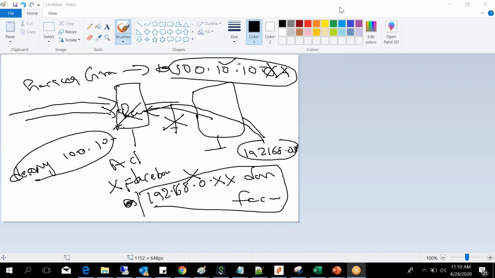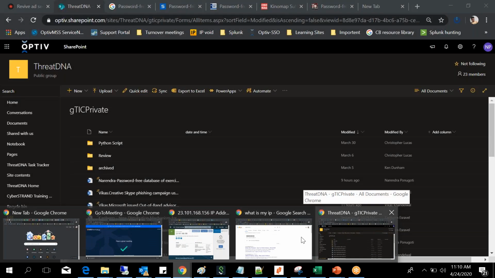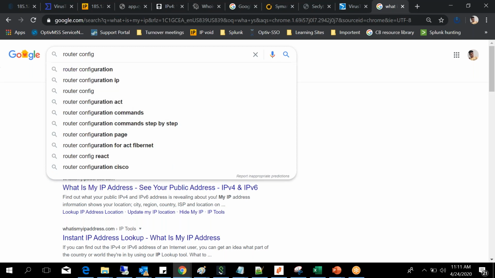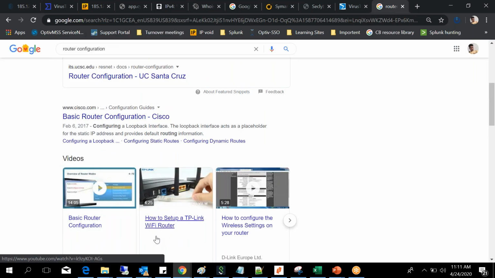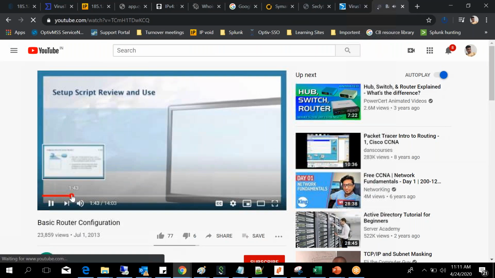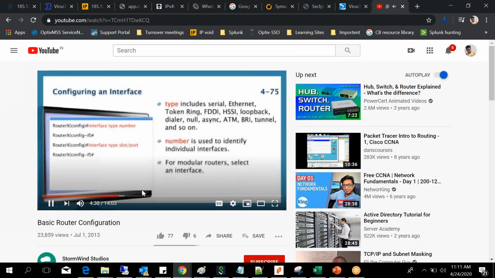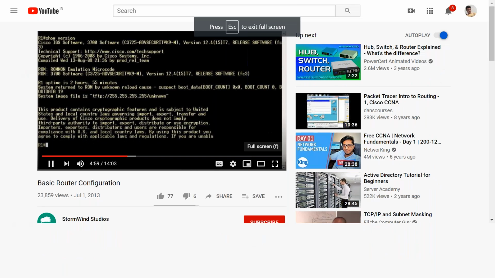Okay, so if you want to see the router configuration, see, this is how the configuration looks.